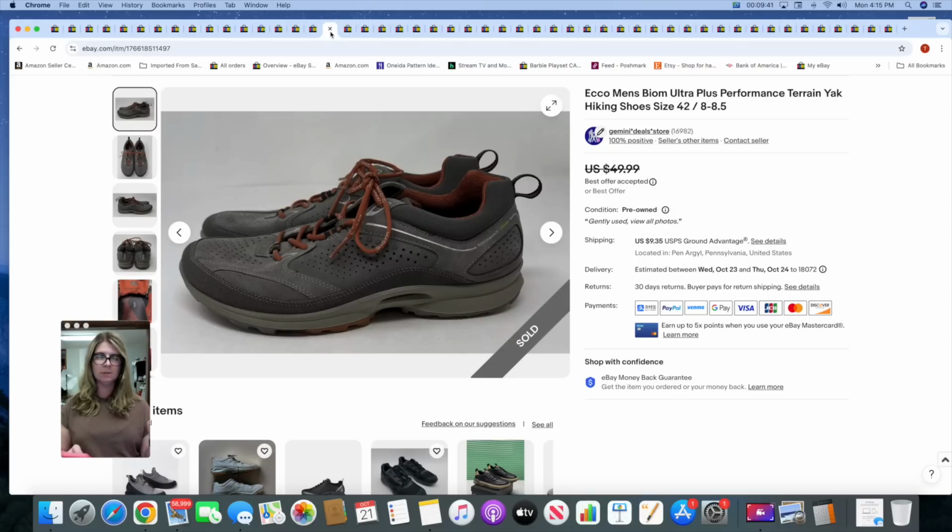Don't get me wrong. There's things I'm not going to take real good offers on. There's things that I will wait for. I am not that desperate for space. I'm really not. I actually still have a lot of space. All right. Anyway,